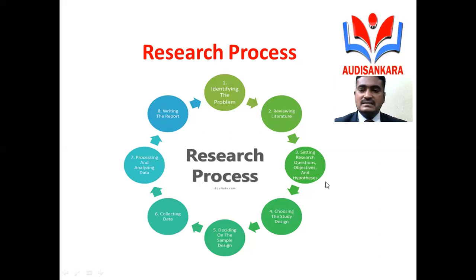And finally, when you analyze the data, you can prepare a summary report, a research report. A systematic research report will be prepared, and we submit this report to the top level management. And if they find any flaws, again we need to start the research from the area of defining the problem area. So that's the reason why research goes in a systematic procedure, from the identification of the problem area to the writing of the research report. Research goes in a systematic manner, which has nearly 8 different phases: